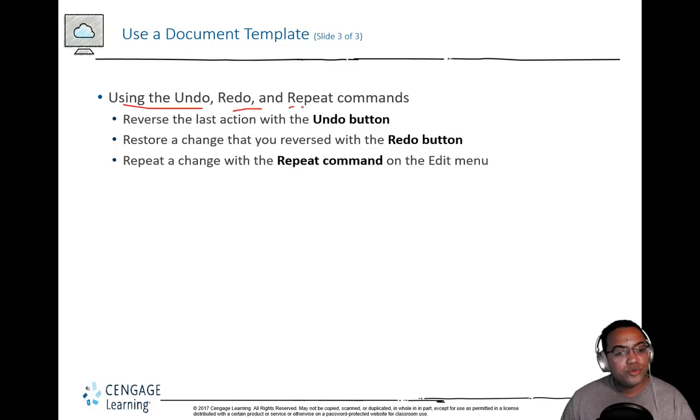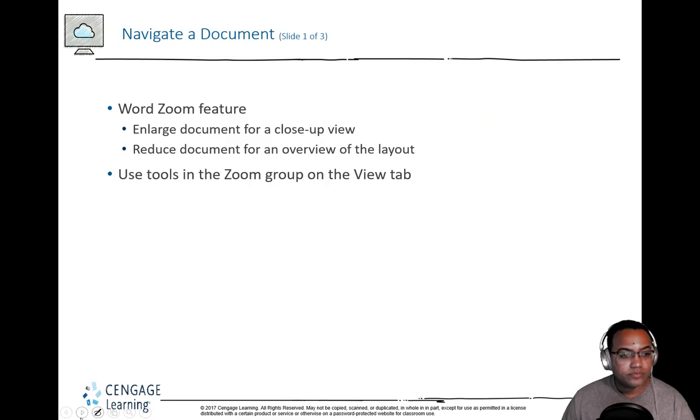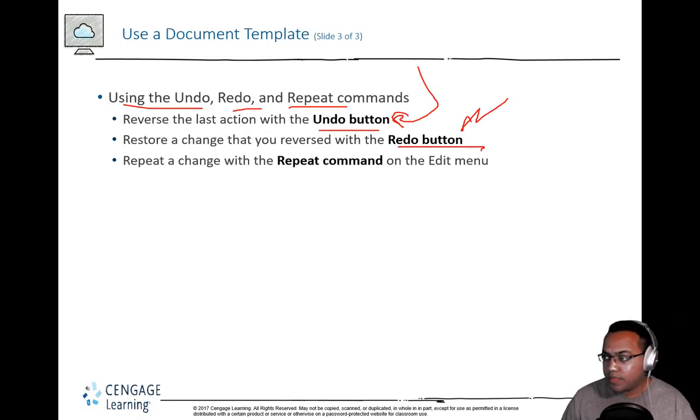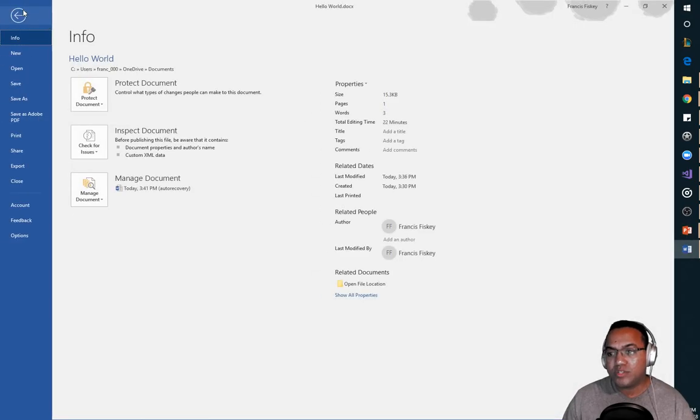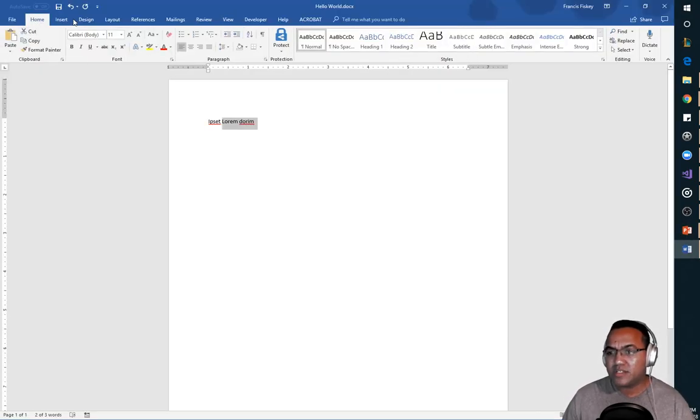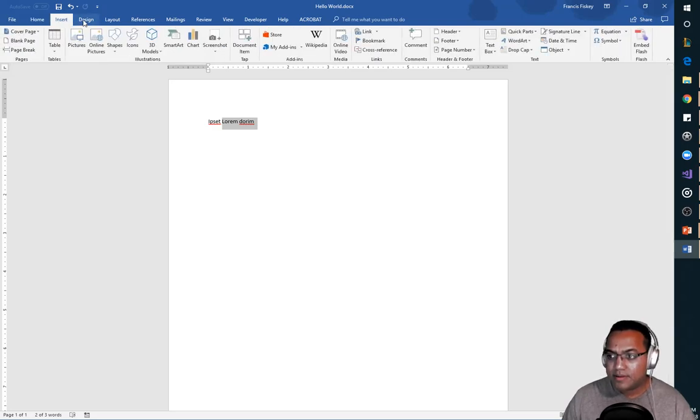So, using the undo, redo, and repeat buttons. Control Z. So if you don't know what Control Z is, your friend. Control Z allows you to undo a mistake that you made. Control Shift Z is the redo command. I just said the keyboard shortcut, but if you wanted to see where it was here in the ribbon, it would be